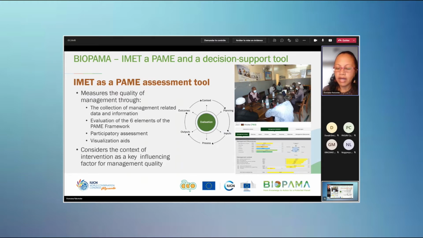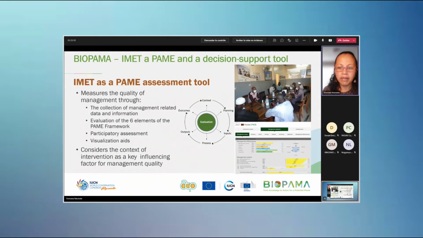And one key feature of Imet is it has visualization aids through a statistic calculation integrated in the tool that produce graphs and bar charts to facilitate the understanding of the quality of the management and to promote critical thinking